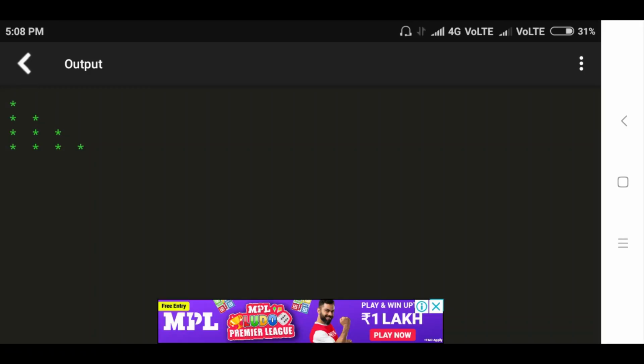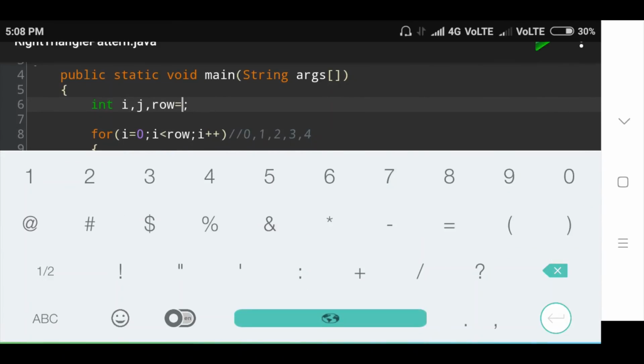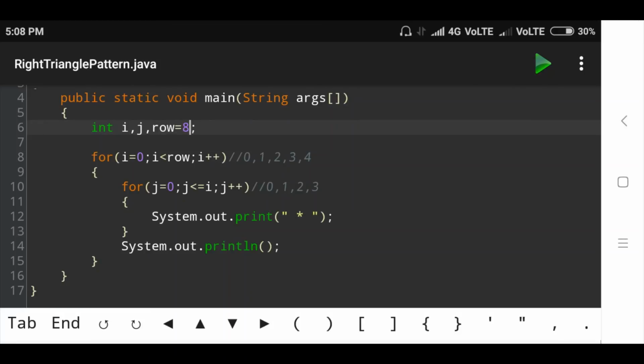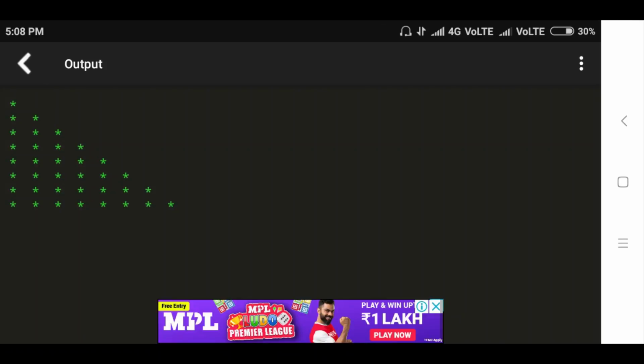Suppose we can take any row value. Here I will take row value 8. Now let's run the program and check the output. Now see here, the right triangle pattern is printed.